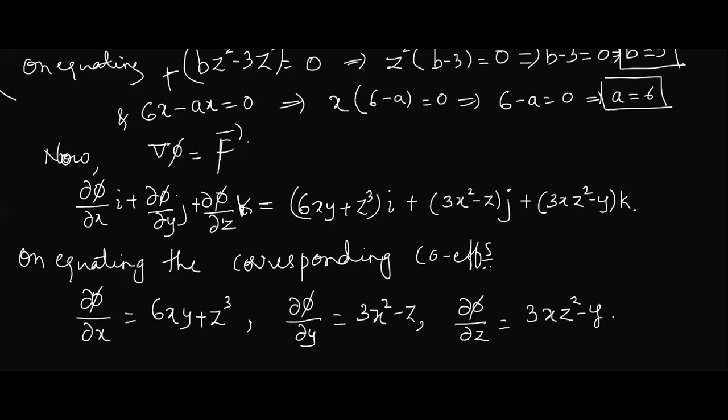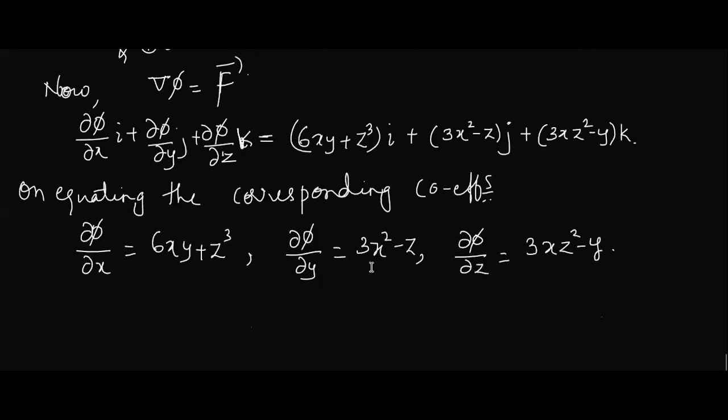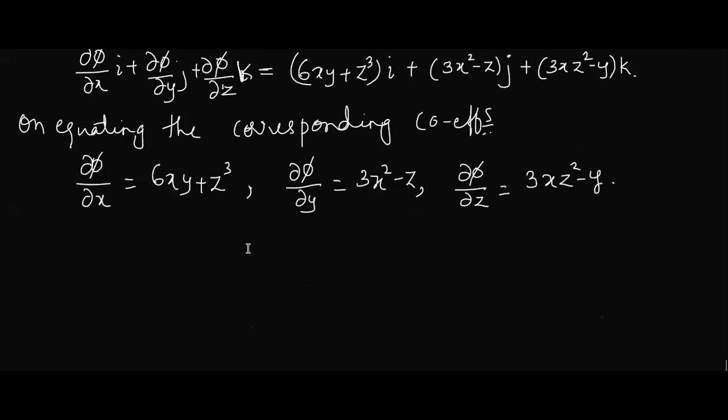Is this part clear? What we did is equating. Next part is very interesting. Just observe here. Are we interested in getting dou phi by dou x, dou y, dou z, or what do we want actually? Why are we solving this part? To get the value of phi. Now I have got phi, but it is in the form dou phi by dou x. If I want to get phi, what will be the easy way? Integration. Very good.